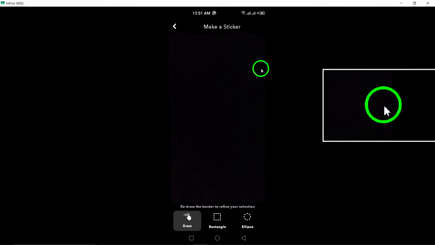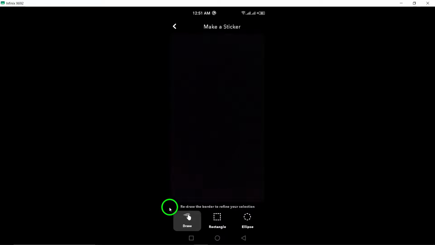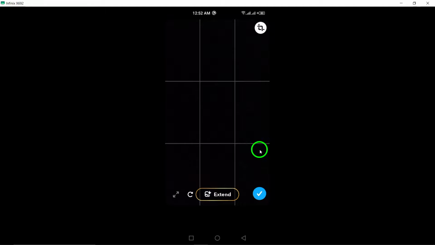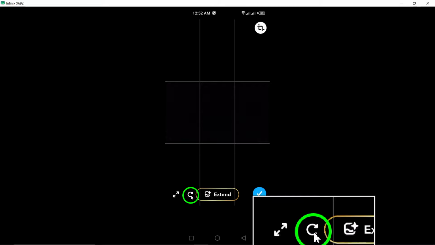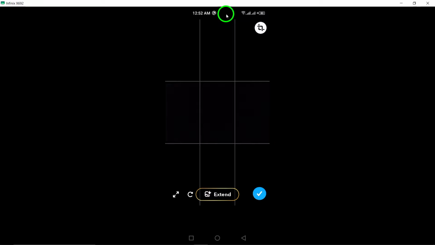This is where you can access the editing options to rotate the photo. Within the crop tool, tap on the rotate icon to adjust the orientation of the photo to your liking. Once you are happy with the rotation and positioning of the photo, tap on the check icon to confirm the